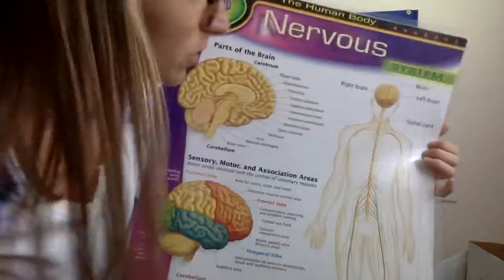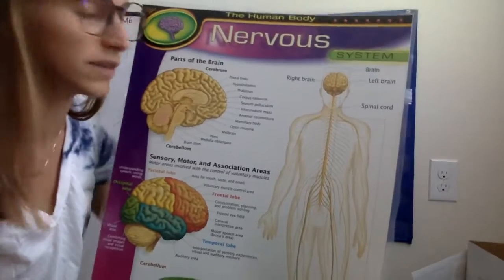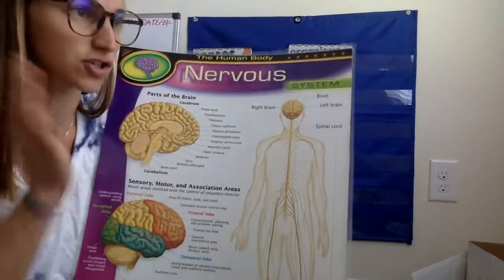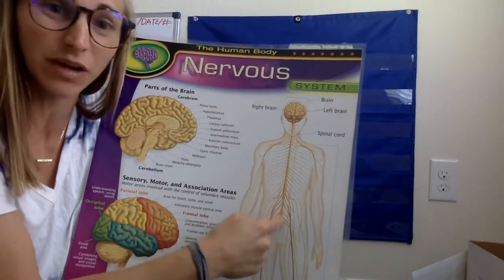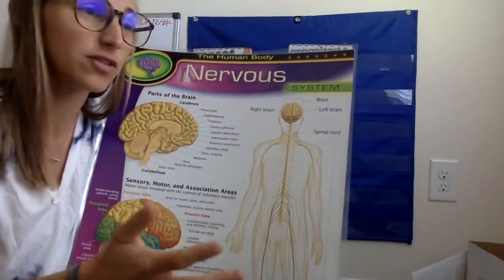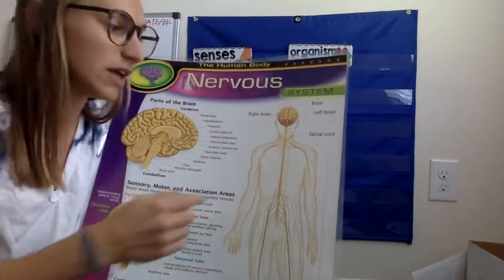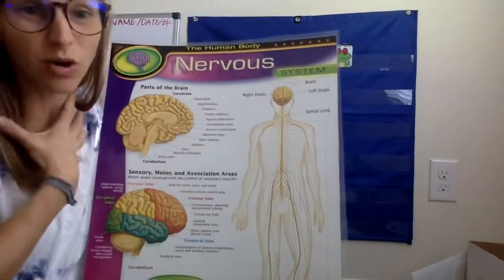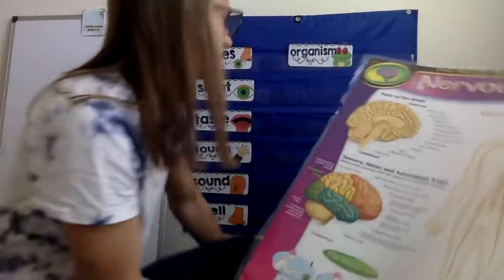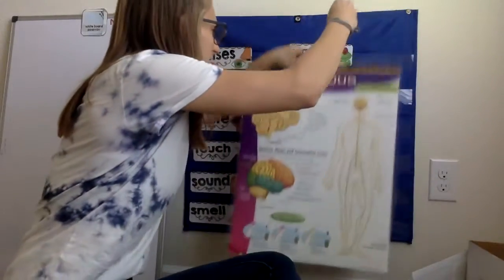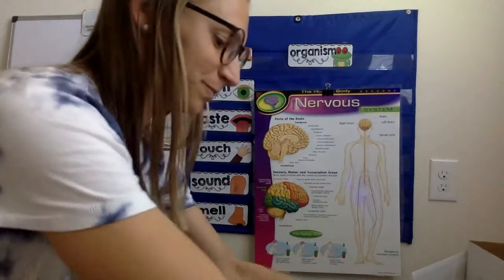Our spinal cord. Just a little background information, Miss Kujawa did her work with firefighting and paramedics. It was so important that when we did trainings, we always had to keep the head and the neck still on a patient that was hurt. Because what's connected to this spinal cord? All the nerves. If they're injured and they move, they could damage something with the nerves that go throughout their entire body, and unfortunately, somebody could become paralyzed and be very seriously injured. That blows my mind. All those nerves are connected to that spinal cord.